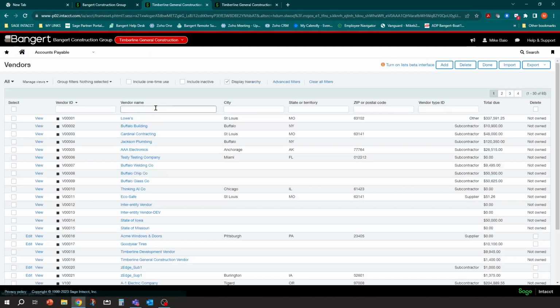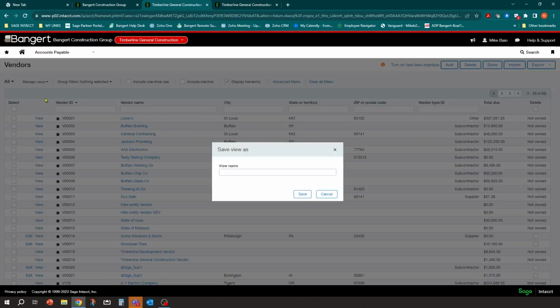We'll show you that. And now the other scenario is you have these views here. And the manage views works great in the system. Now you can create your own views. You might want to see vendors with just balances, open balances, maybe a particular type of vendor, and you can create and manage these different views in the system. In order to do that, you can't really do that right from the screen. You have to go into Manage Views. You have to create a new view or save the view as. So I can say Save View As, and I'll just call it my vendors with balances.